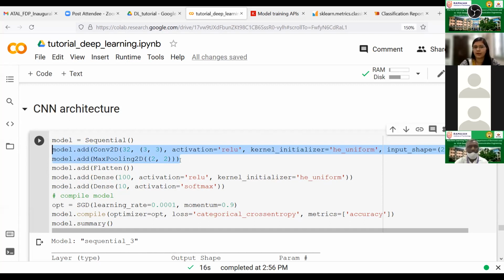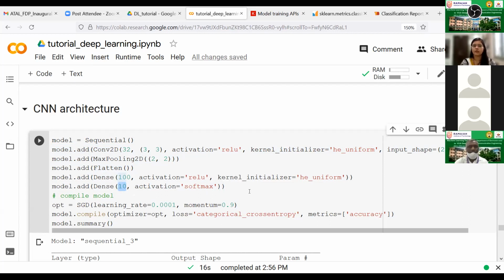Now, the data at this point, after applying max pooling, is in the form of an image, a multidimensional array. But if you want to give it to the dense layer, we need to convert it to vector format, and for that we can use the function Flatten. Flatten will flatten the values and give them to the next layer, which is the dense layer. So we will have a first dense layer with 100 neurons, and the output layer with 10 neurons, 10 output values, with softmax activation function.